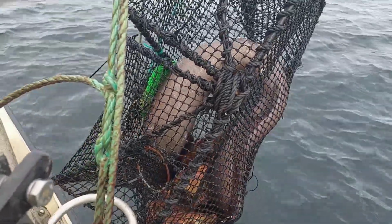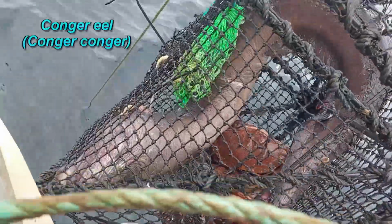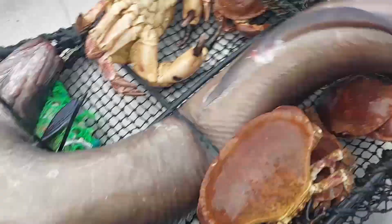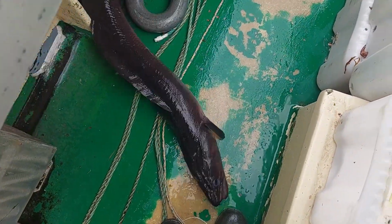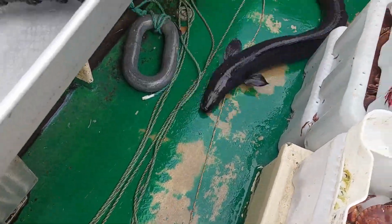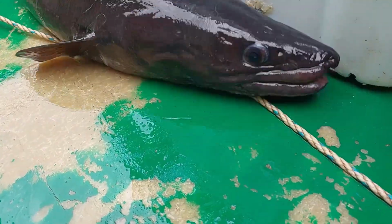Here's one of the bigger fish I regularly get in my traps. It's a conger eel. It's a really strong and slimy fish. And there's no commercial fishing going on for these here in Norway as far as I know. Really cool creatures though. Would be really fun to keep one of these in a tank. I have never seen a tiny one before, so...